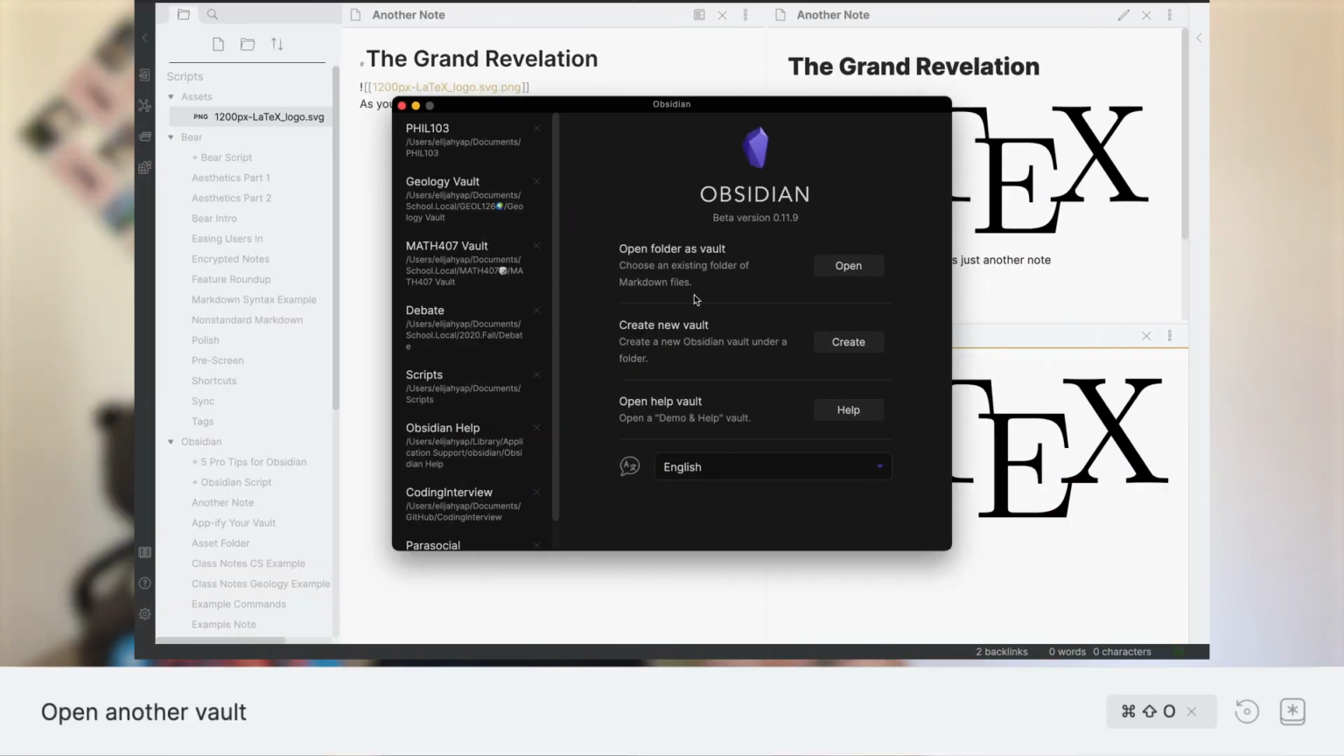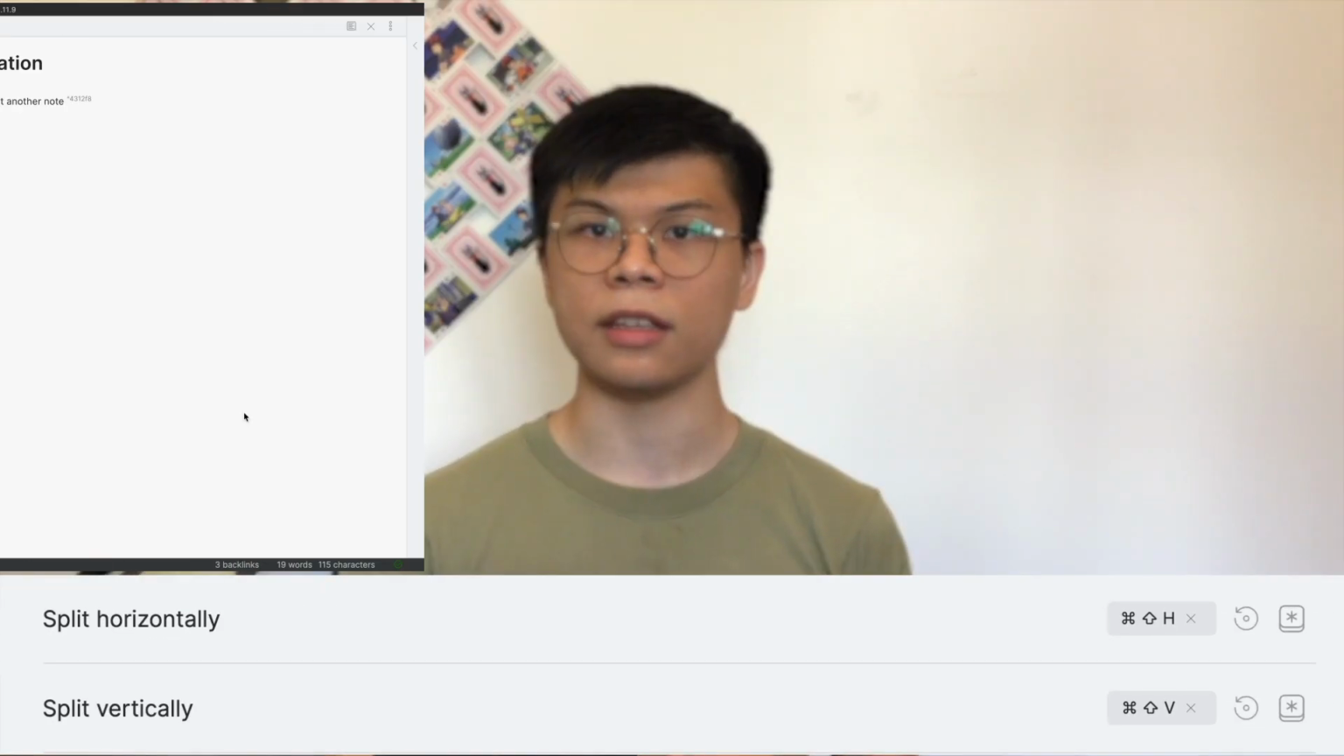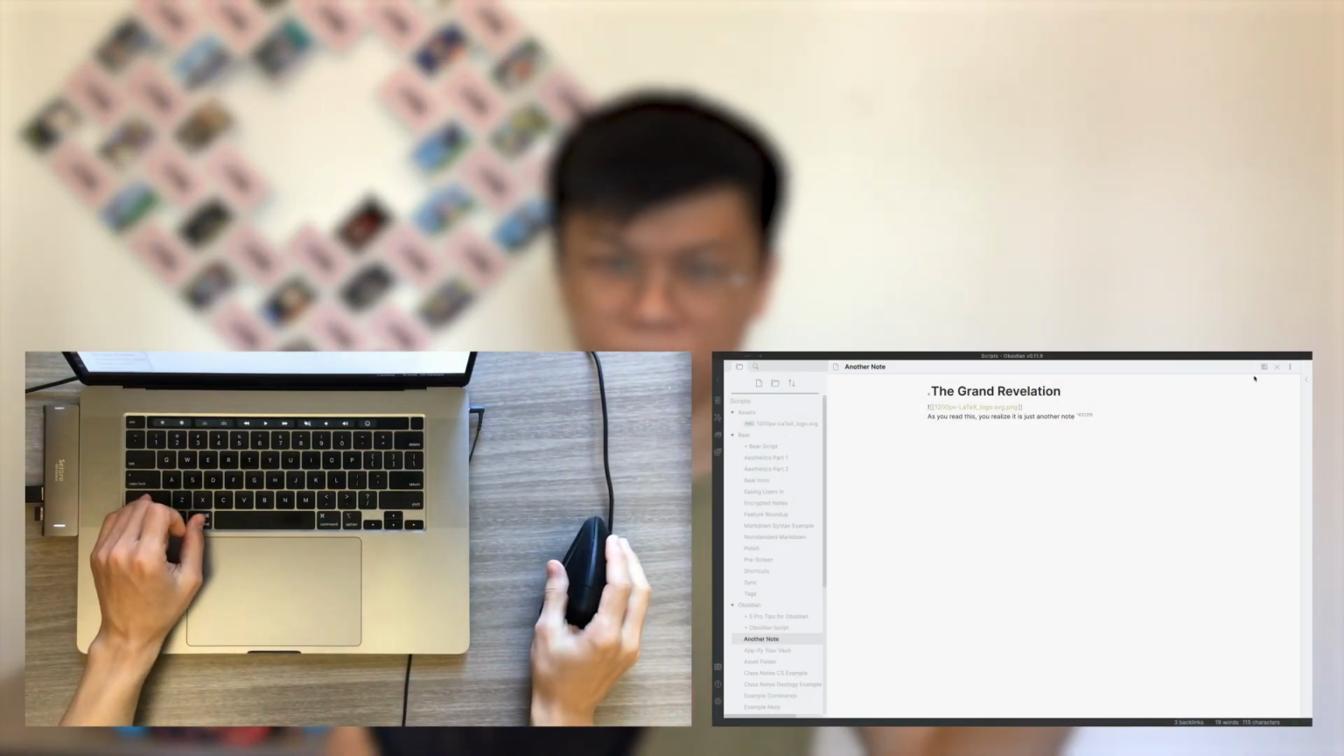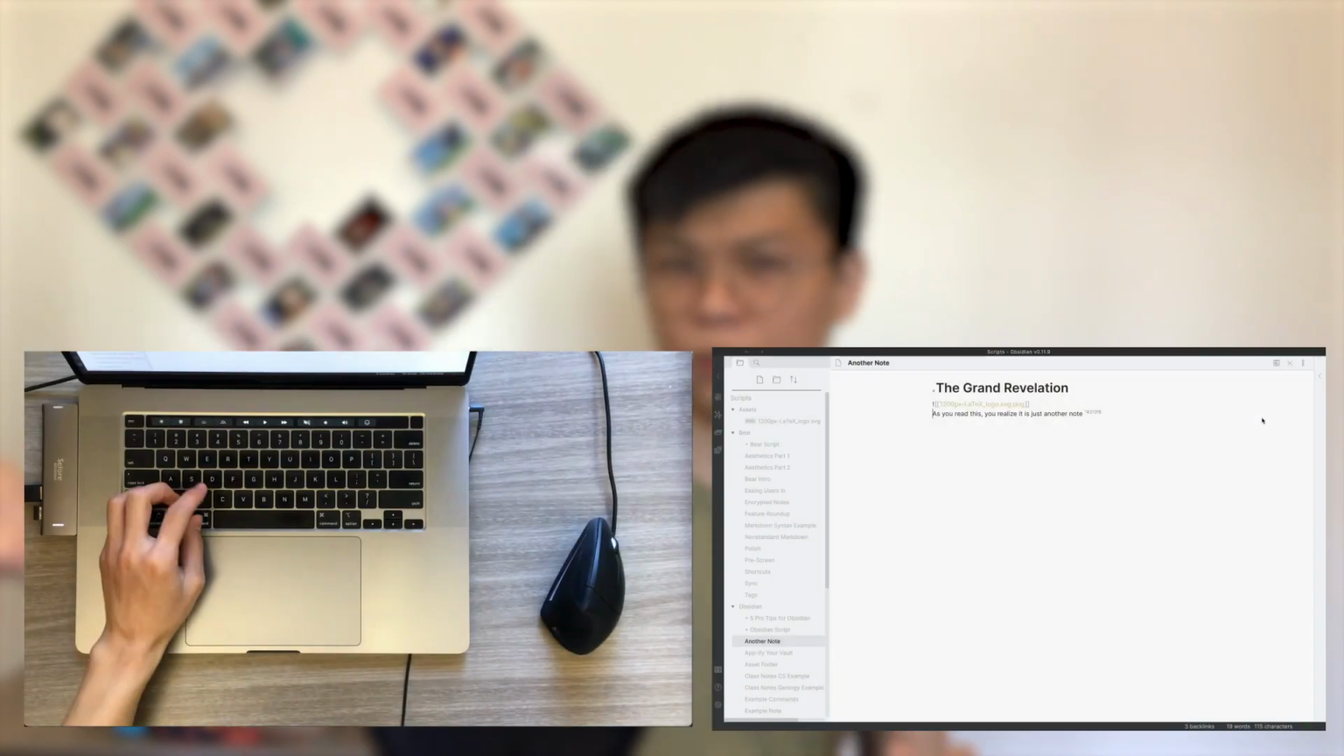For reference, here are some of the commands that I bound and the keyboard bindings that I use for them. Number 1, open another vault, Shift Command O. Number 2, split the pane horizontally or vertically. In combination with the Command E shortcut, which allows you to toggle modes, this can allow you to replace the Shift Command click option to open in a new pane without having to reach for the mouse, which can break